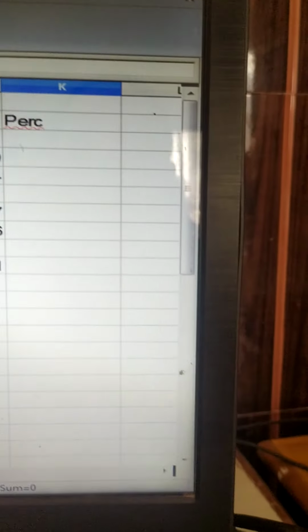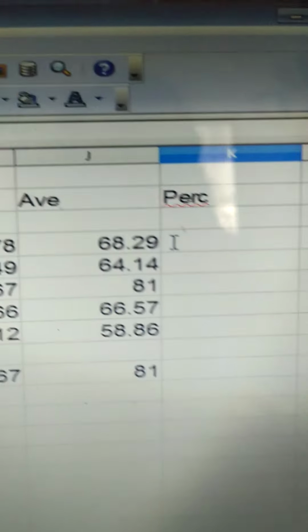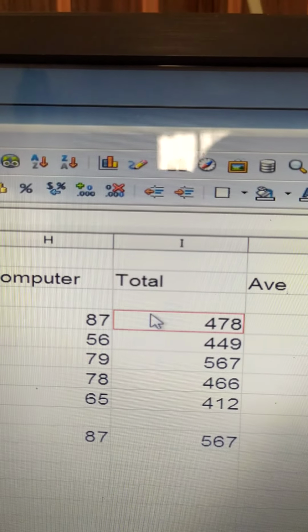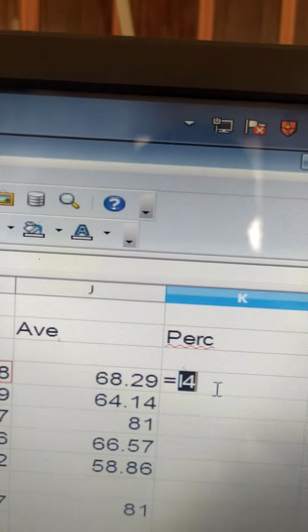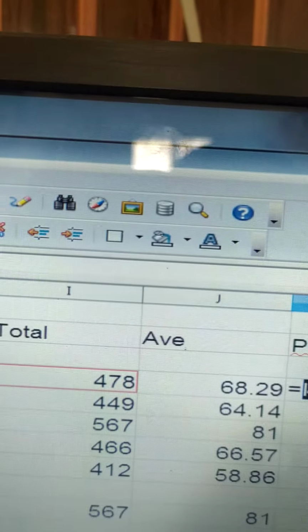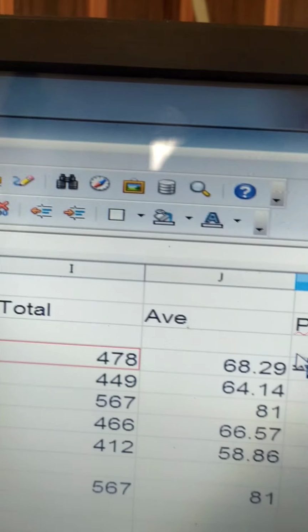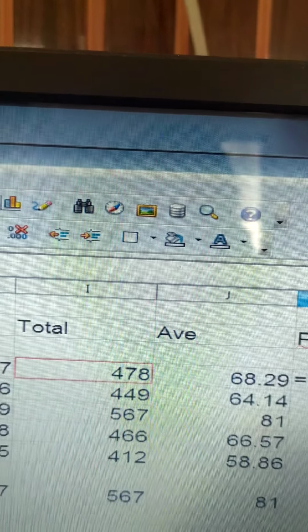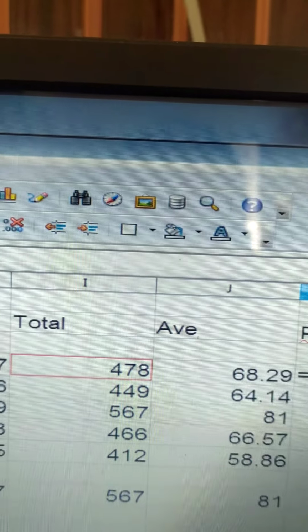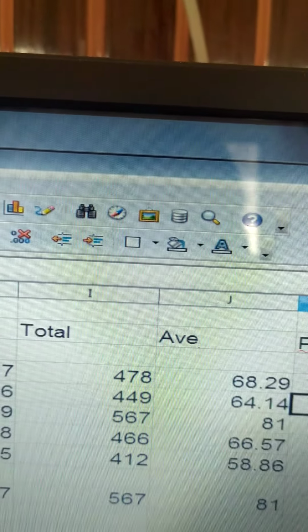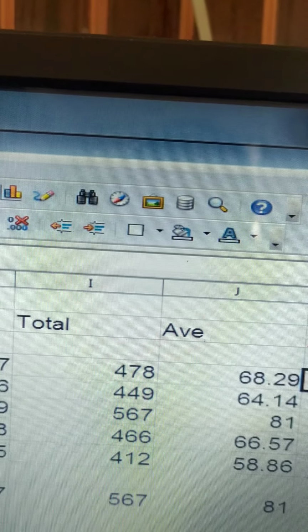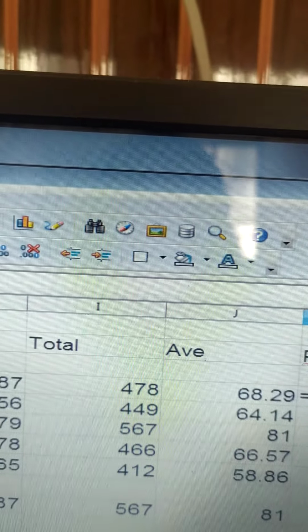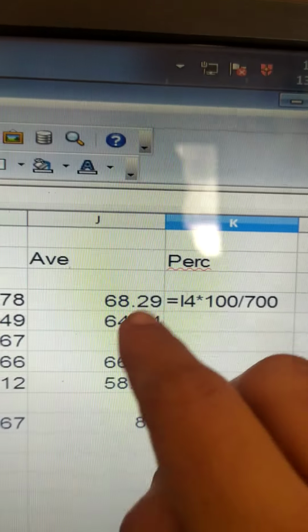Over here, the percentage one equal to total is I4. It is in I4 cell ना, I4 cell address, divide by, there are 7 subjects, so 700 into 100 to calculate the percentage.